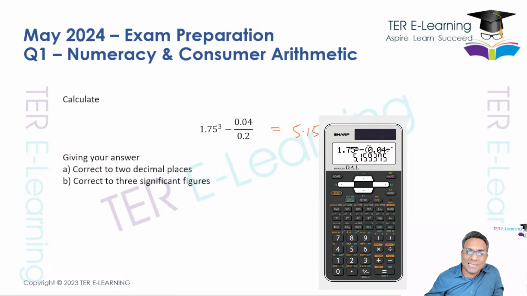Right? Now that's the answer, right? But they want us to give the answer first in part E, correct to 2 decimal places. Now if you want to give this to 2 decimal places, this here is your first decimal place, right after the point. This is your second decimal place here, right? So if you want to give your answer to 2 decimal places, it's going to be